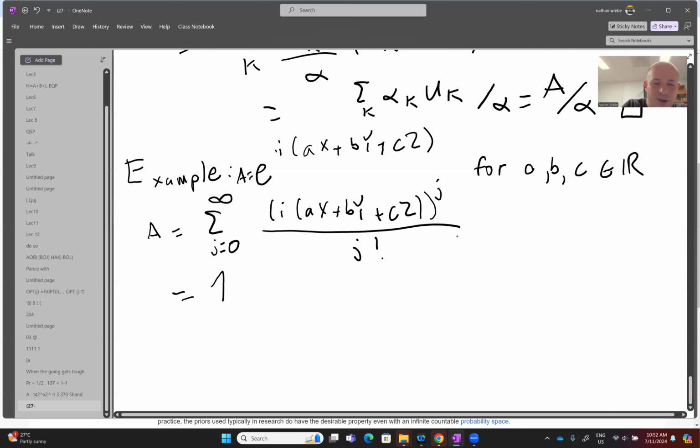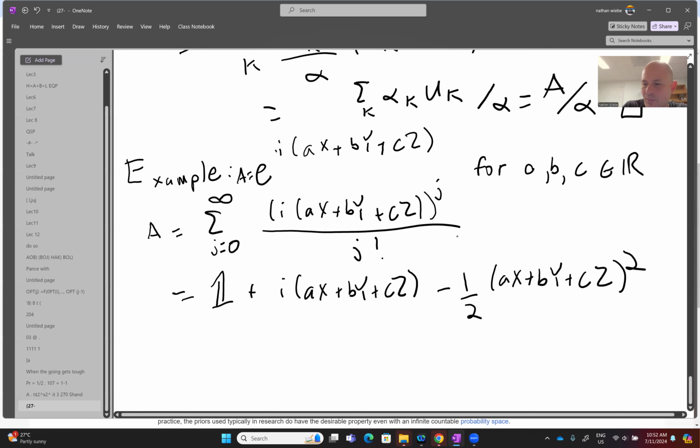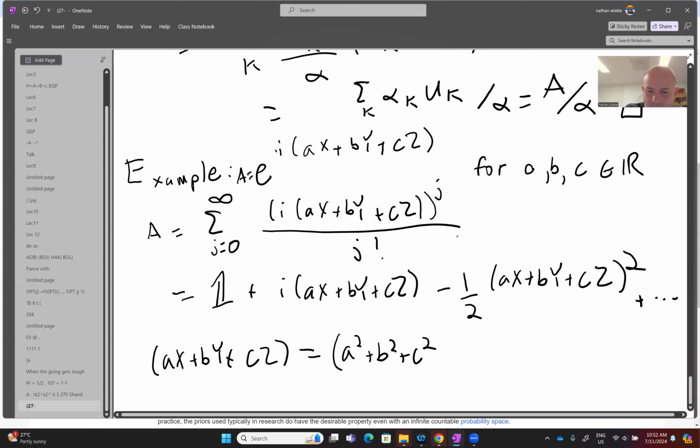Well, if I explicitly expand this out, the zeroth order term is just identity. Then we have AX + BY + CZ as a linear term. And then, of course, we've got negative 1/2 of (AX + BY + CZ) all squared, and so on. Now let's take a look at this guy over here. If I expand this out, I'm going to get (AX + BY + CZ)^2 equal to (A^2 + B^2 + C^2) identity